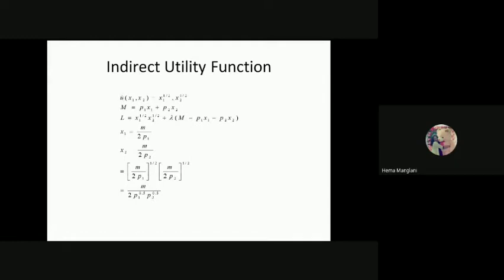So if I want to increase my utility, then of course X1 is giving me utility. It is based on P1, how much P1 is there. X2 is giving me utility, how much P2 is there, and how much money income I have. So indirectly, this function is giving me the same utility. But this we call the indirect one. Is that clear to you guys? Yes, ma'am.